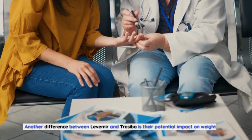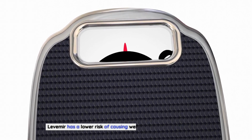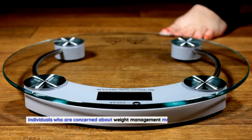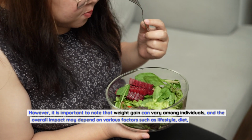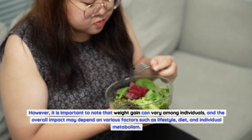Another difference between Levemir and Tresiba is their potential impact on weight gain. Levemir has a lower risk of causing weight gain compared to Tresiba. Individuals who are concerned about weight management may prefer Levemir for this reason. However, it is important to note that weight gain can vary among individuals, and the overall impact may depend on various factors such as lifestyle,